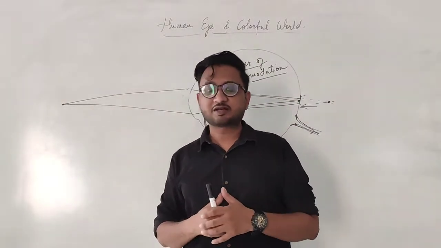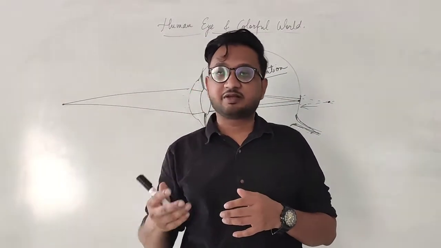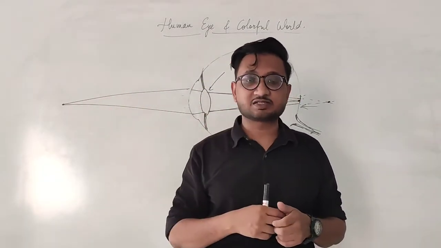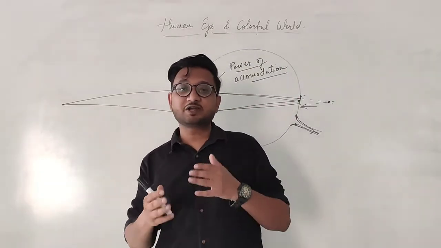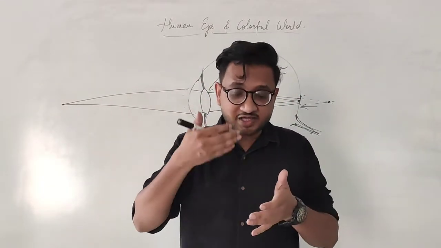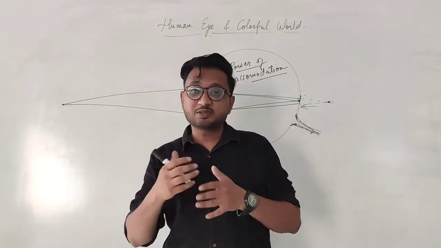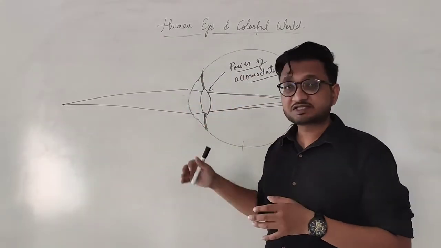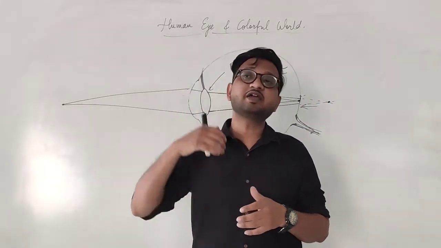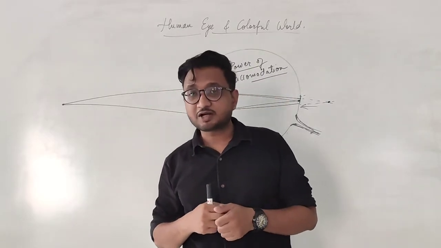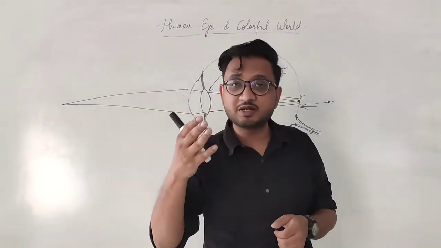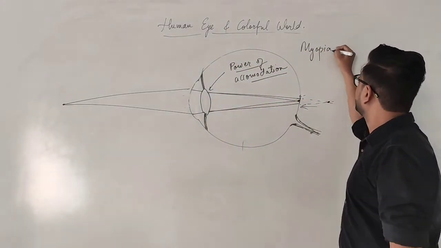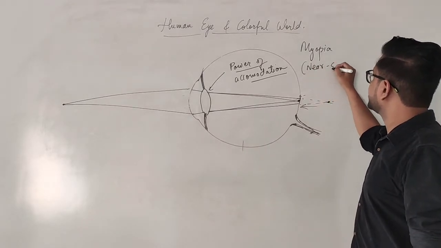You might have observed that young people have spectacles because they are unable to see far away objects, and that is why we use spectacles. And sometimes you might have seen that old age people have trouble reading the newspaper, so they have a problem reading nearby objects. So in both cases, the defects are different. Okay. The first defect, in which you are unable to see far away objects and you are only able to see nearby objects, is called myopia, or nearsightedness.